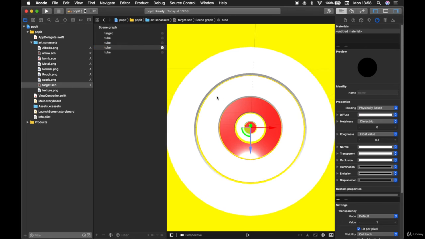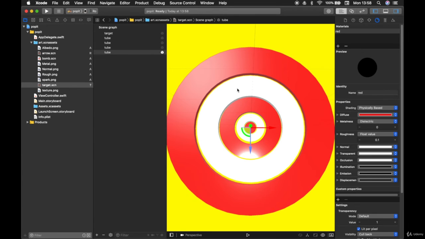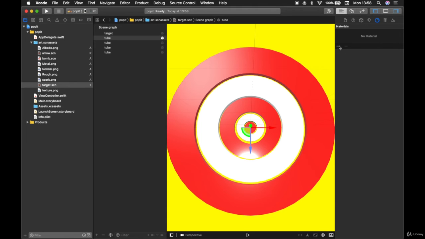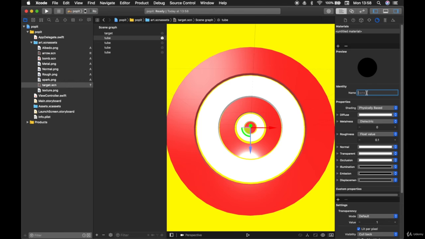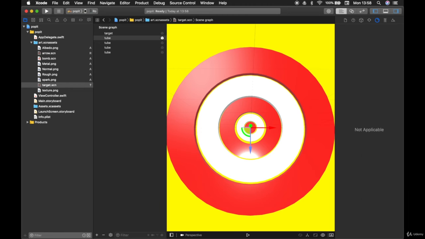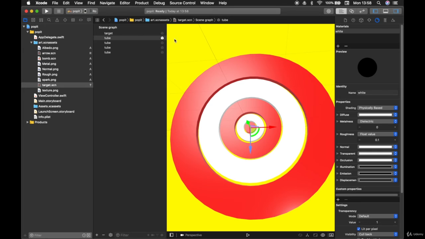Red, so not this one, but then that one is going to be red as well. And that is good. So this, physically based, white, etc. Yeah, that's good. I can remove this one actually and just keep the untitled material, which is the other white, so white. Excellent. So I've got the target created,